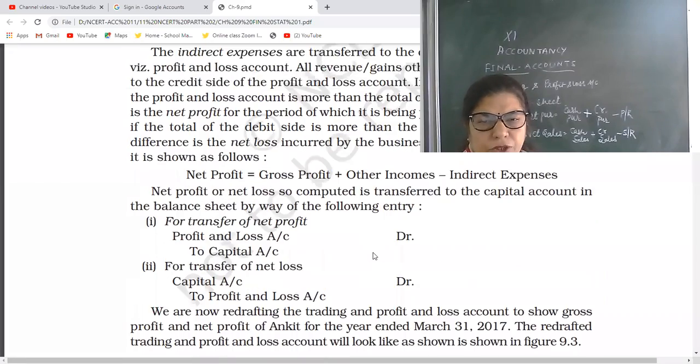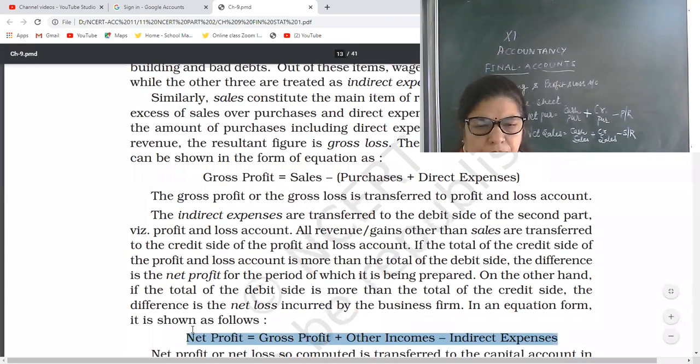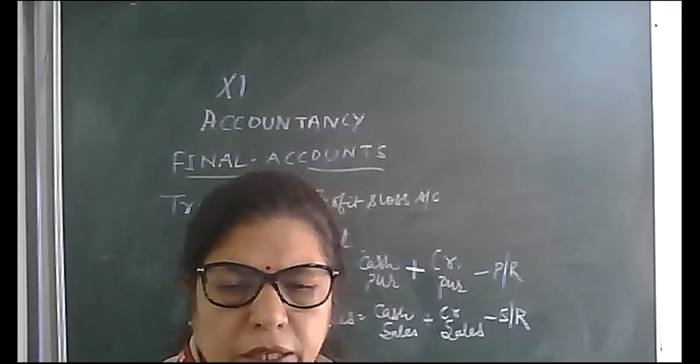Then we get the formula of net profit. See, the formula of net profit is simple. Gross profit plus other income minus indirect expenses. If you have any doubt, you can